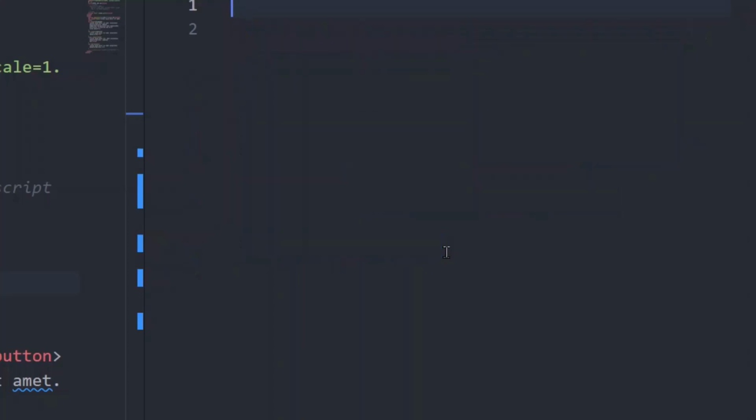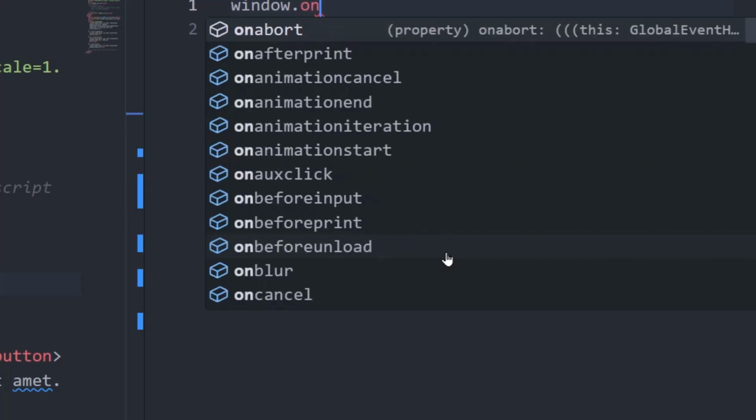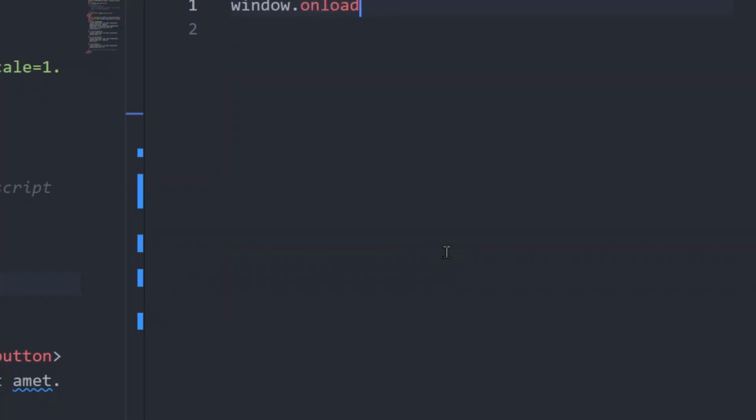So I'll just cut everything from here, and the way we do that is to bring the window keyword followed by a dot, then we bring in the event which is onload, like this. Now this onload will be assigned to a function, and the function can be created later. So I'll call this function load page, like this. Okay, and then save. Now I'll create this load page function, and then we can go ahead and run our JavaScript without any problem. So I'll create a function